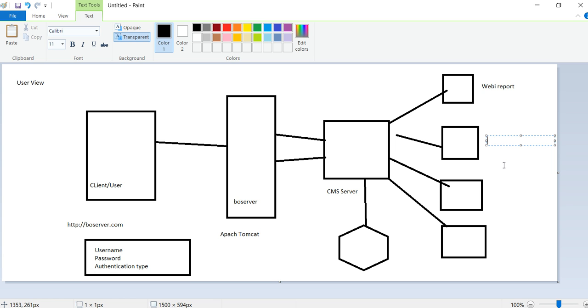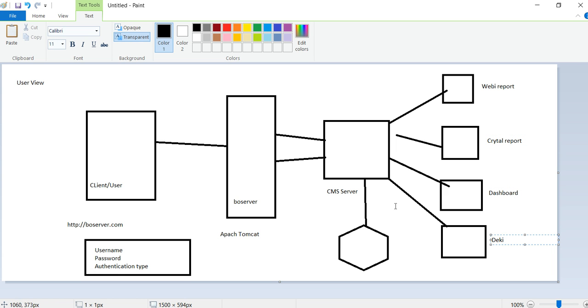The second one is your Crystal report. Then Dashboard, and Desktop Intelligence, the Deski report. So these are the kinds of reporting tools.